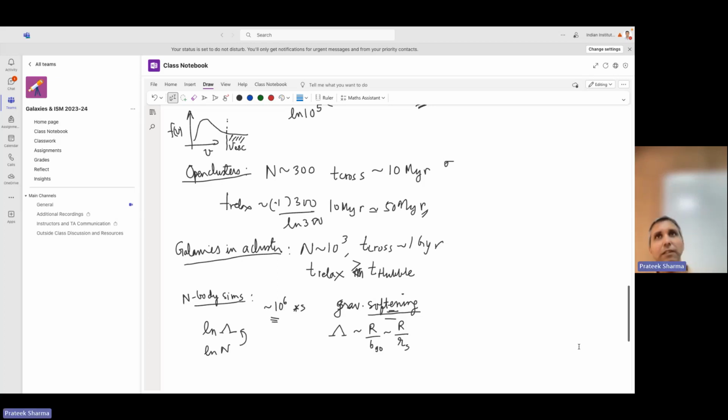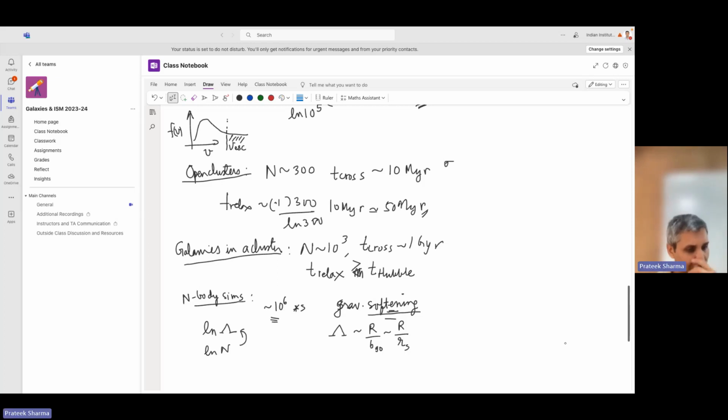Is the calculation only for disk galaxies or for any kind of galaxies? These arguments apply to all types of galaxies. For example, elliptical galaxies may appear spherical, but they are collisionless systems. They may look very spherical, but if you look at their isophotes and so on, they are triaxial. They have extremely complicated orbits in there. They are not relaxed systems.